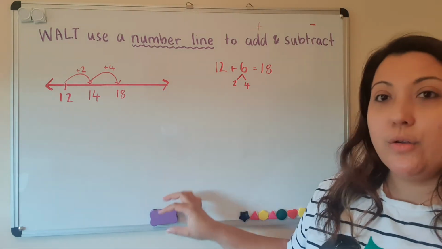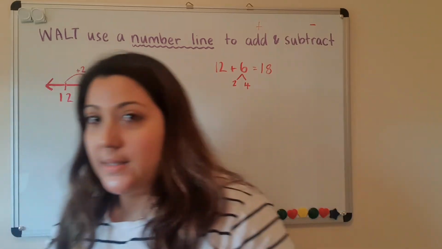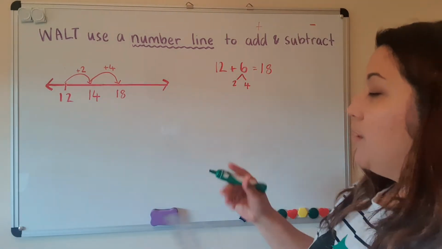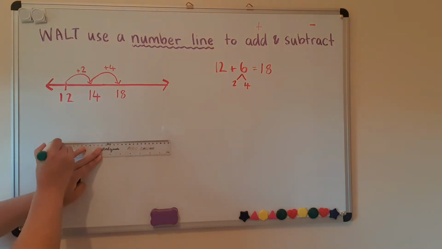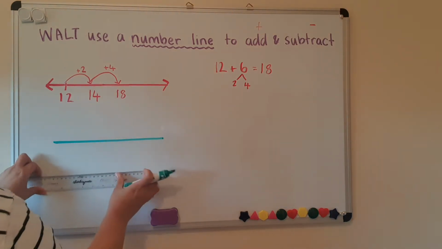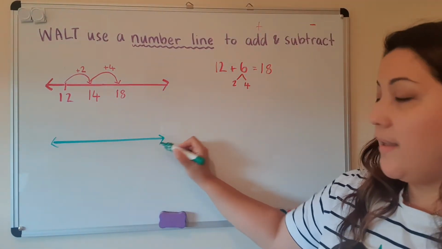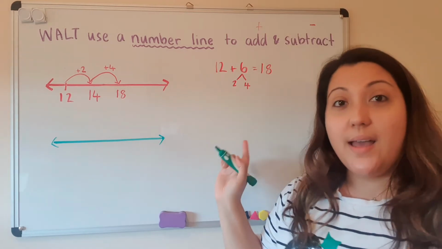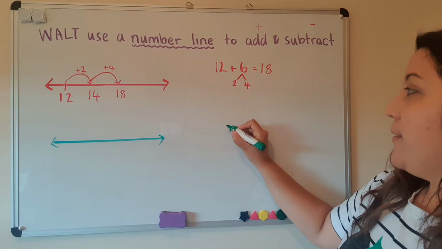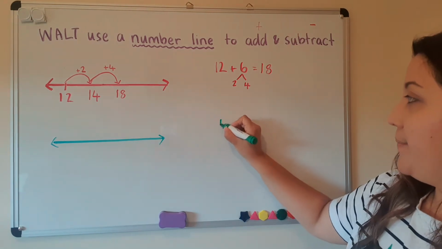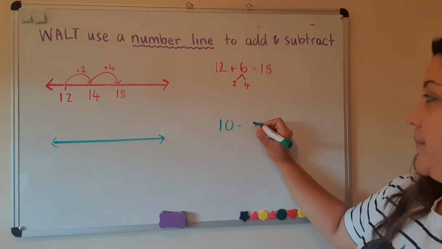Now, when we look at subtraction, we need to go the opposite way. So I'm going to draw another number line with my ruler across, and I'm going to do my arrows on either end. Now, with a subtraction number sentence, we will start on this end. So if I'm going to say 10 minus